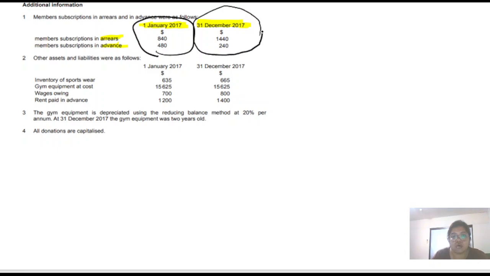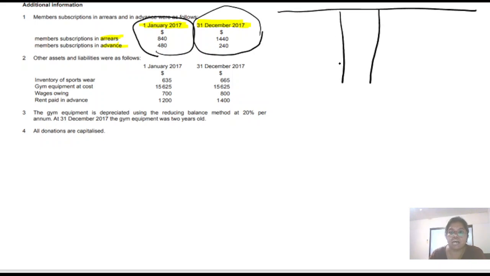So for this, what you have to do is prepare the subscription account. Okay, they did not ask you right now, but later on when you are going to prepare the income and expenditure account, then you need your subscription account as income. So you have to prepare that subscription account. You need a balance. Okay,